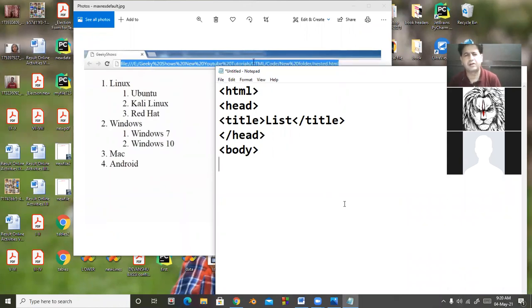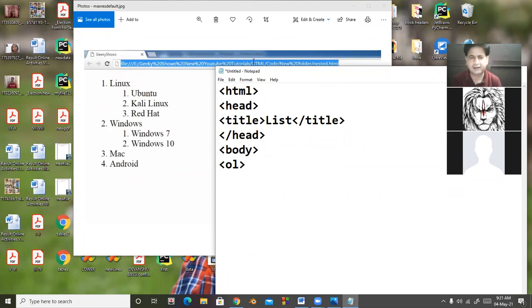Ordered, or beta, ordered and number list are the same name. Okay, so we will start with which tag, UL tag or OL tag? OL, ordered list. Okay, and by default type is always number, but if we want to change this, you can take small a, or small i, or capital I, like this.